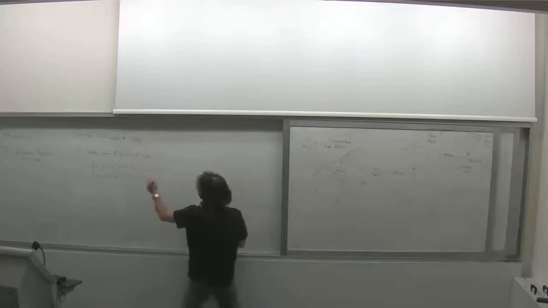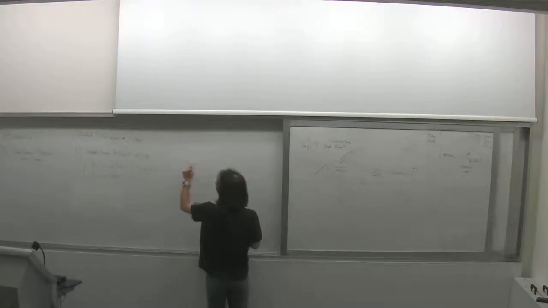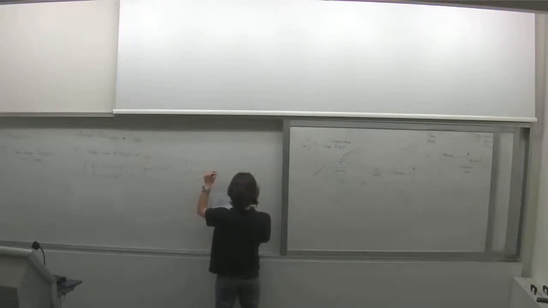Here we have fixed points in r equals 0 and r squared equals